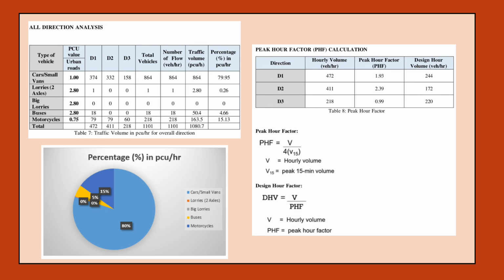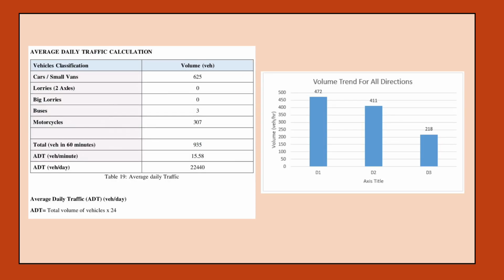For calculation of the peak hour factor, the hourly volume needs to be divided by 4 and multiplied with the peak volume. The peak hour factor for direction 1 is 1.93, direction 2 is 2.39, and direction 3 is 0.99. For the design hour volume, the hourly volume needs to be divided by the peak hour factor. The design hour volume for direction 1 is 244, direction 2 is 172, and direction 3 is 220. Average daily traffic of morning is equal to